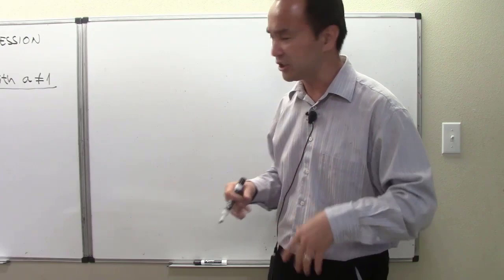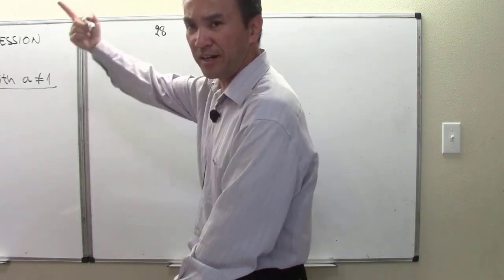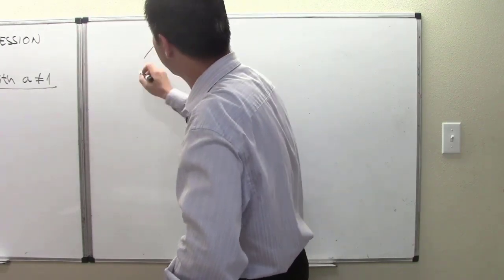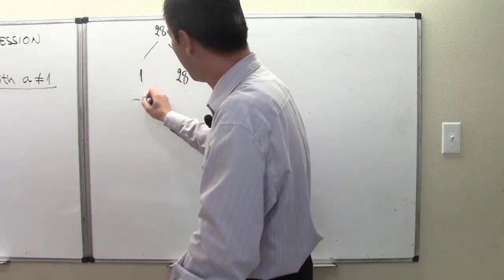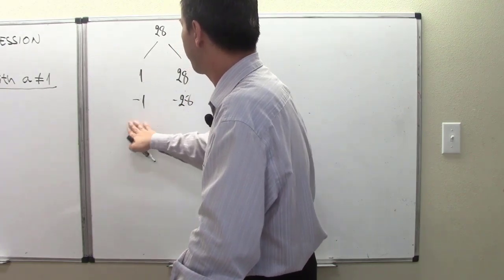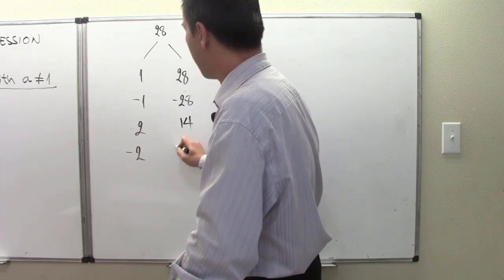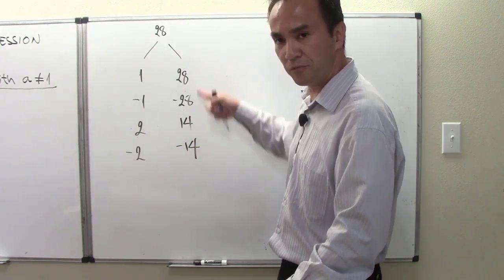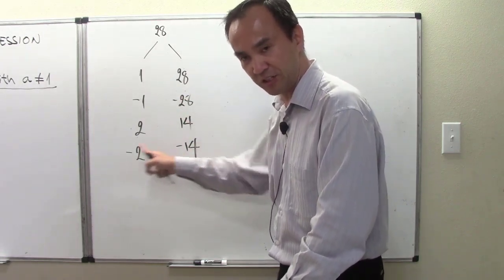But when you're a starter, again, 28 is your number, right? The goal is to find two factors, including signs. So there can be a lot. There can be positive 1 times positive 28. There can be negative 1 and negative 28. There can be 2 and 14. There can be minus 2 and minus 14. So we just need to list all of the possible pairs of factors with signs included, and then